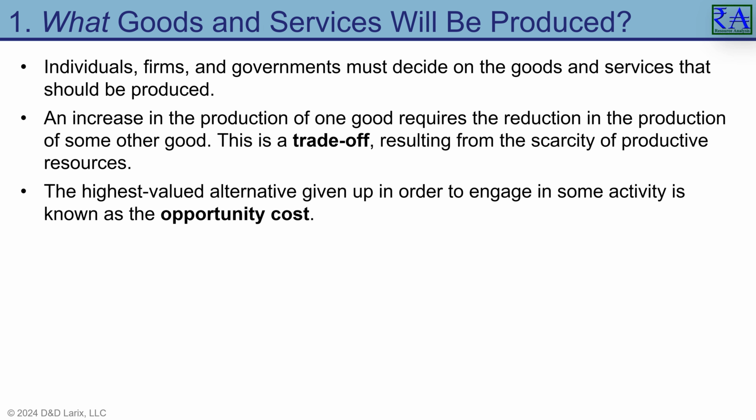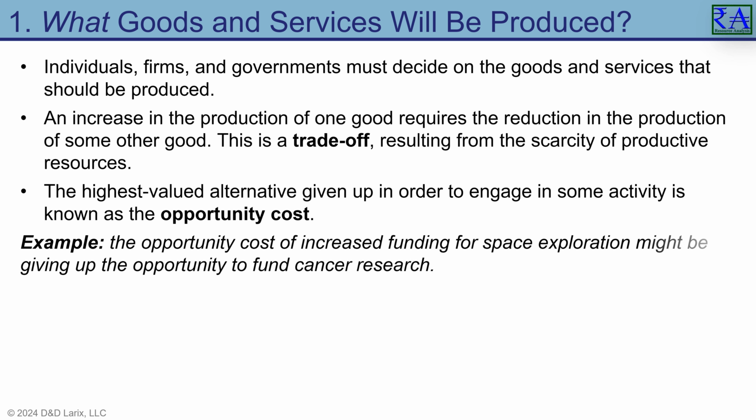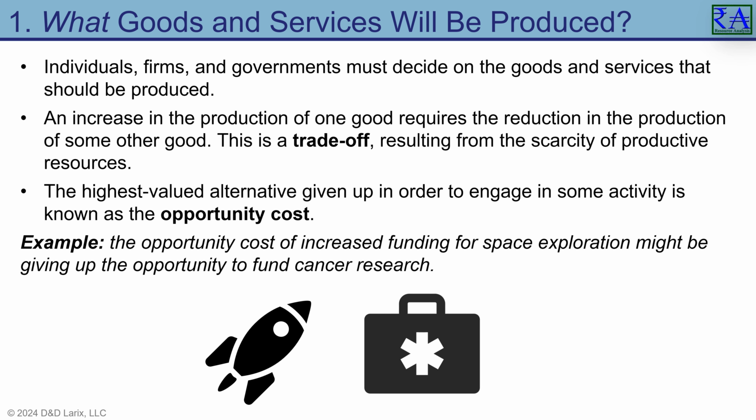Producers typically focus on making goods and providing services that they believe will generate the most revenue. The decision to produce one item over another hinges on the opportunity cost, or the value of the alternative not chosen. Consider the mission to Mars versus funding cancer research. Our limited human capital and financial resources mean that we must carefully weigh the trade-offs and select the best path forward. By understanding these trade-offs and opportunity costs, we can better appreciate the complexities involved in economic decision-making.